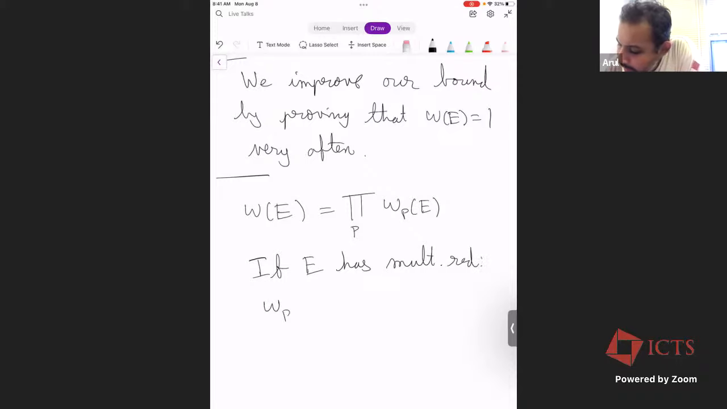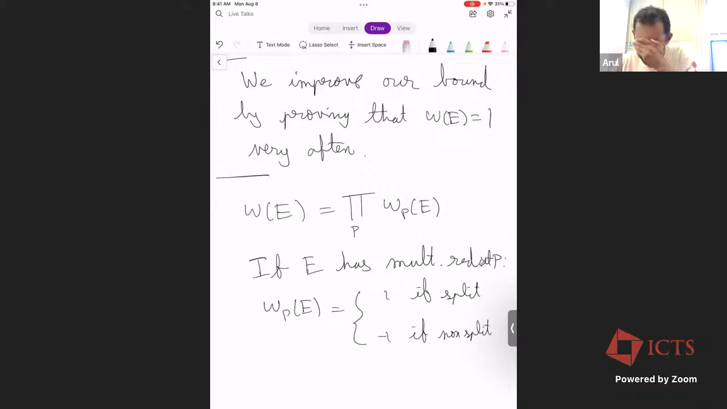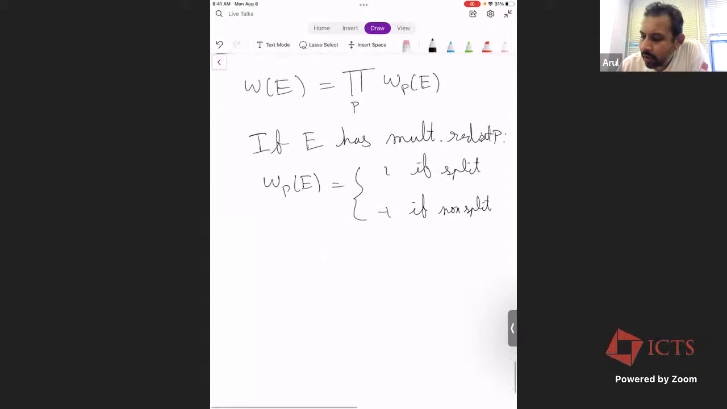then the local root number is going to be 1 if the reduction is split, and -1 if the reduction is non-split. And telling split reduction away from non-split reduction is a very difficult thing to control on average. So that makes it quite difficult to control the root number. So what we use here is an idea